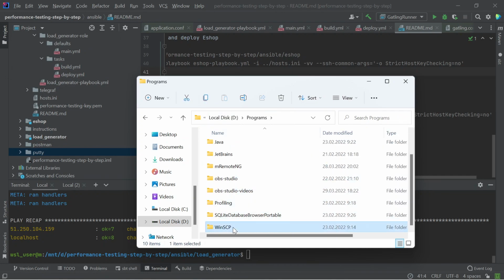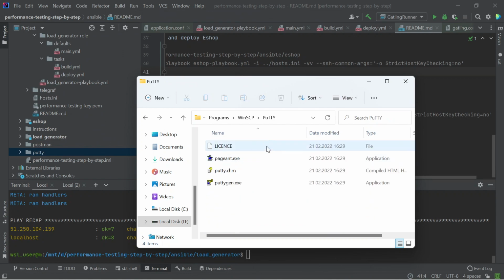To do this, open the WinSCP program directory, open the PuTTY folder, and find the PuTTYgen.